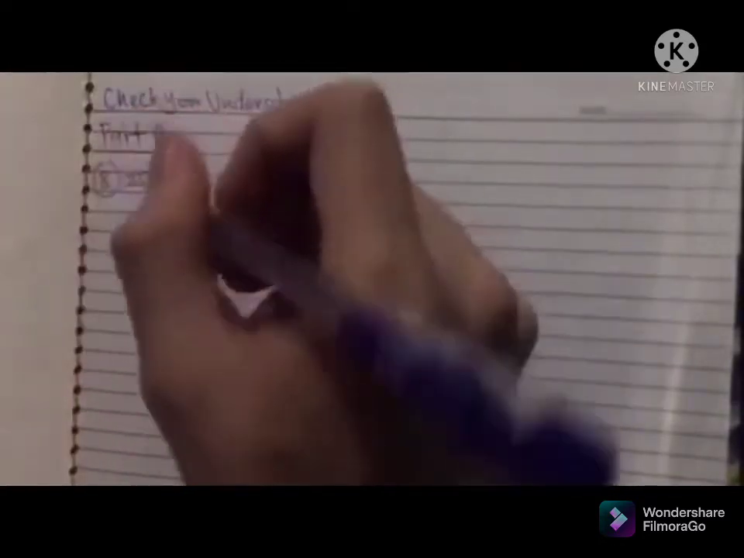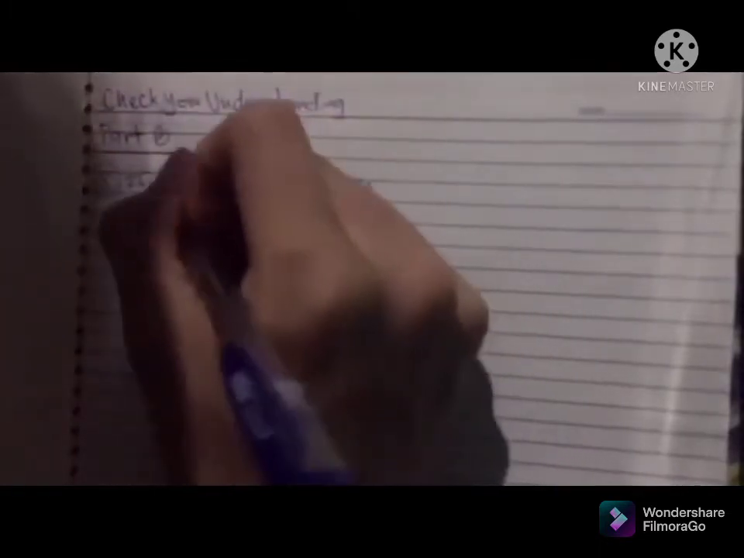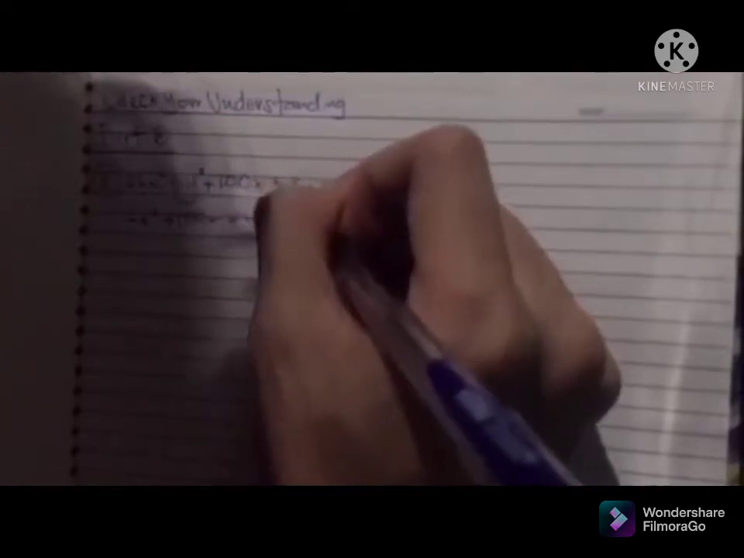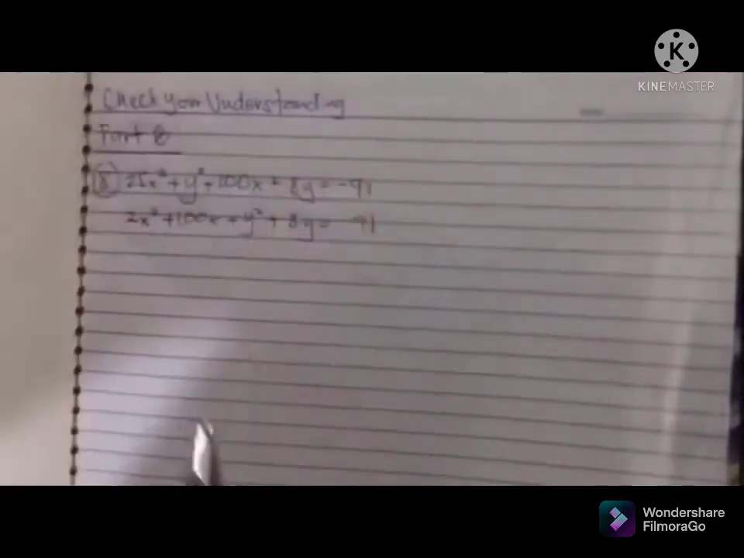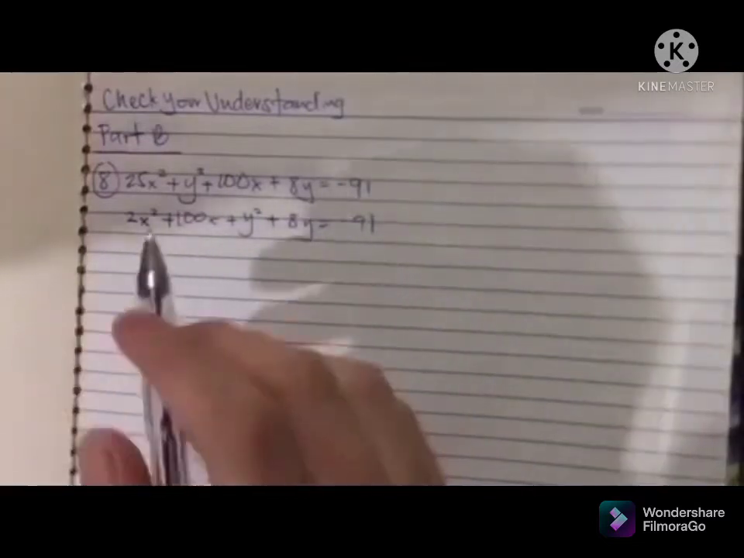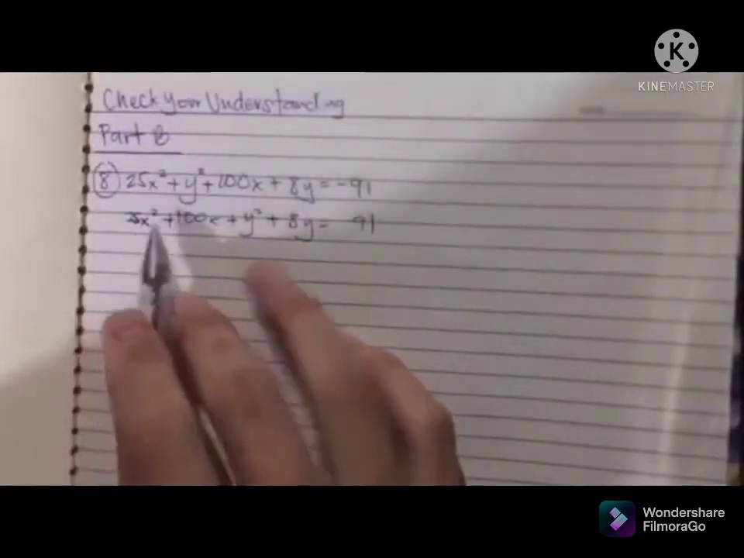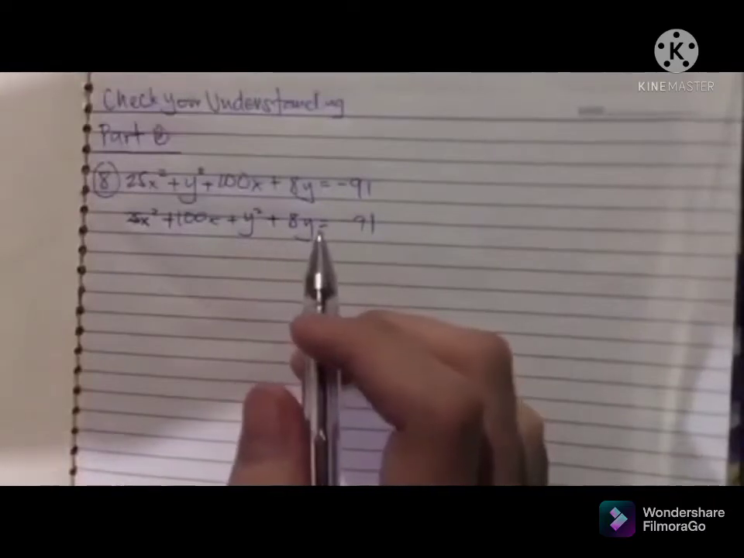Let's first arrange the variables. We have x squared plus 100x plus y squared plus 8y and negative 91. We cannot have a coefficient in x squared, so to cancel it out we have to factor out